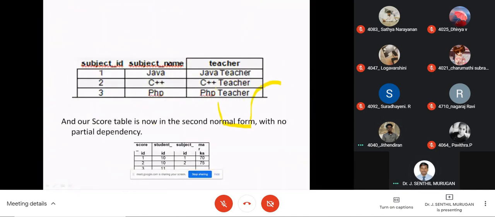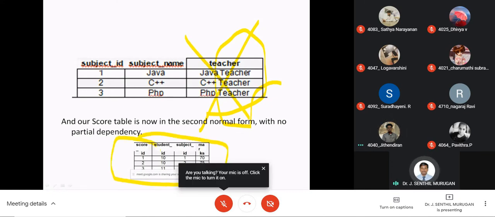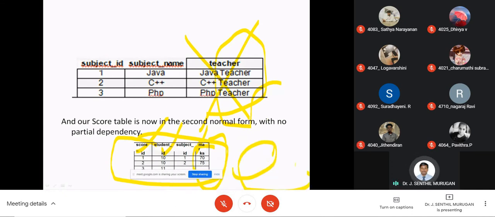So once the teacher is removed, the partial dependency is removed, and only the score ID, student ID, and the subject ID with the marks will be there. This table is called a table without partial dependency.